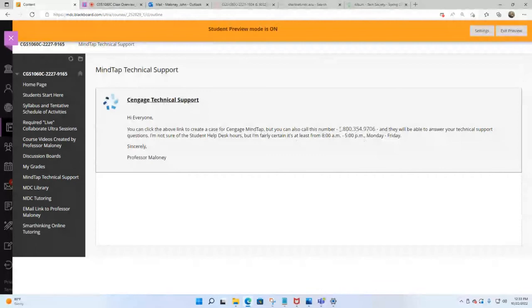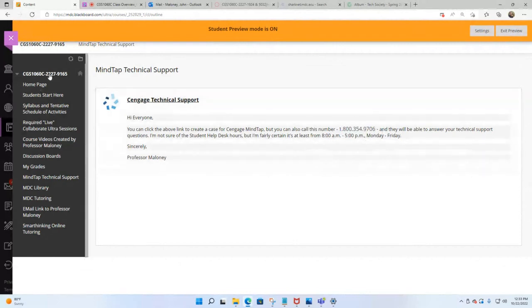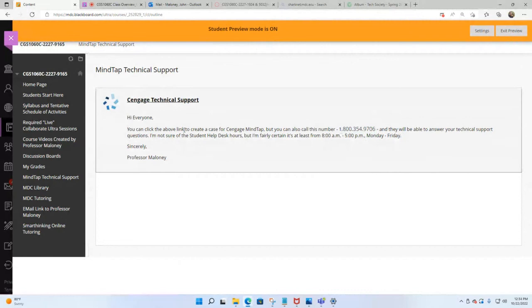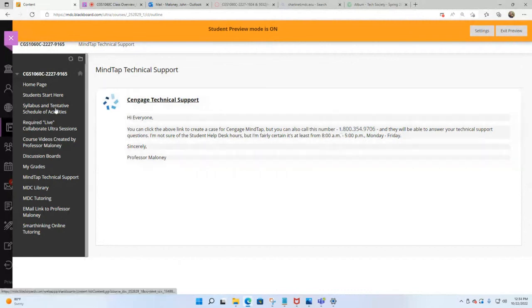But this number, if you're having an issue where your MindTap is just not letting you do something, you can call them if you have a technical question, like allowing pop-ups as an example. I demonstrated how you do that. But anything that's technical about Cengage MindTap, you can call that number. They'll most likely want you to create a case first. But if you tell them you're in Professor Maloney's class, give that information there. And if you call between 8 and 5, for the most part, they're going to help you. All right. So anyway, that's that one.